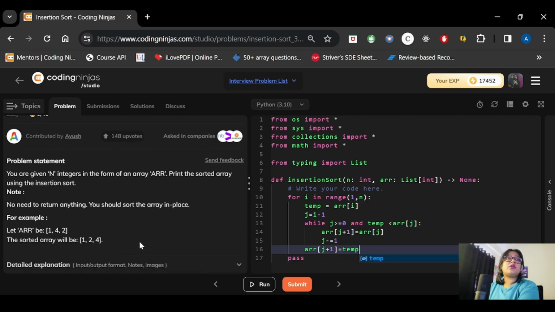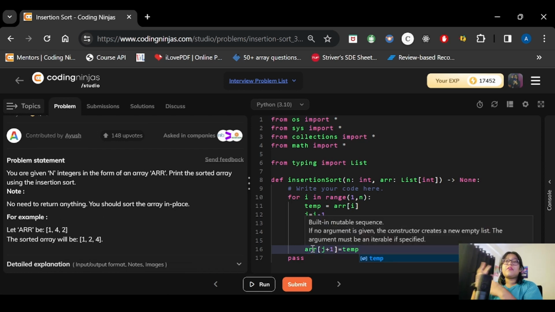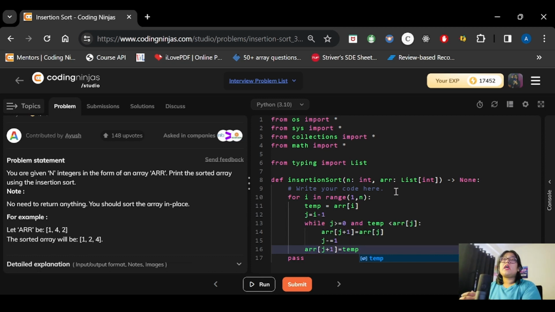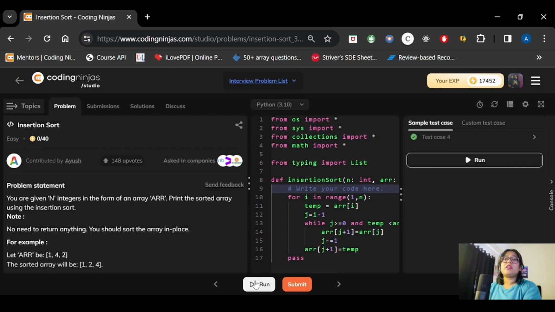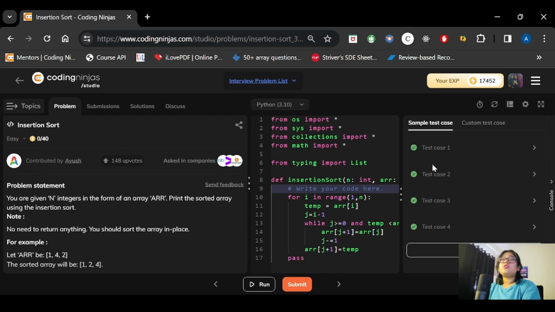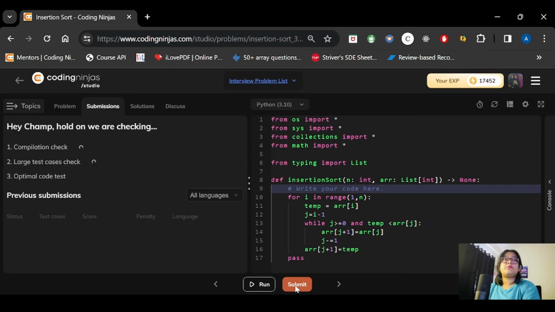Now what we have to do here, let's see, we don't have to return anything. Since the values are getting changed in place, the array will remain the same, means whatever changes we are making in the array, it will be reflected. So we don't need to return any array, as array is mutable, so we can make changes inside that array only. So we will try to run this code and see if the sample test cases run. So the sample test cases are passed here. Now let's try to submit it.